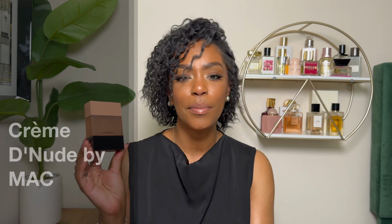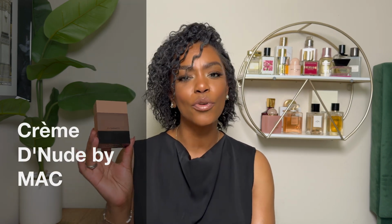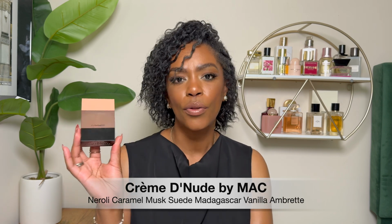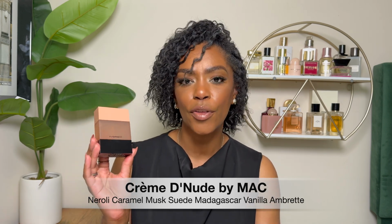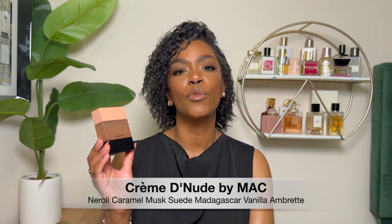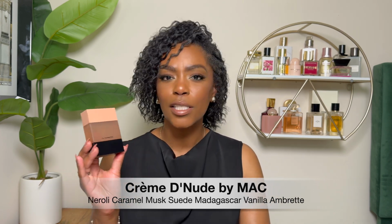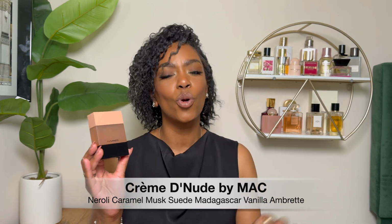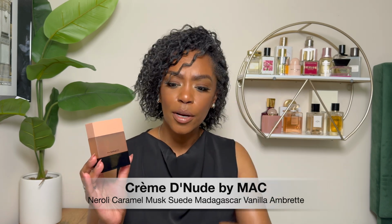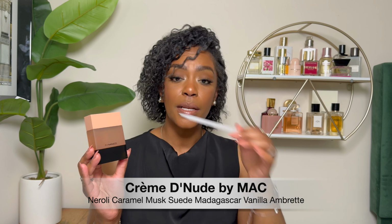Up next is Crème D'Nude by MAC. Now, I don't know if this fragrance is discontinued. You may be able to pick this up on the gray market by a third-party discounter. This is a beautiful skin scent that opens with some neroli. It is somewhat musky and has a little bit of leather in here. I believe the note is suede, but there's caramel, musk, and suede in the mid, and in the base there's